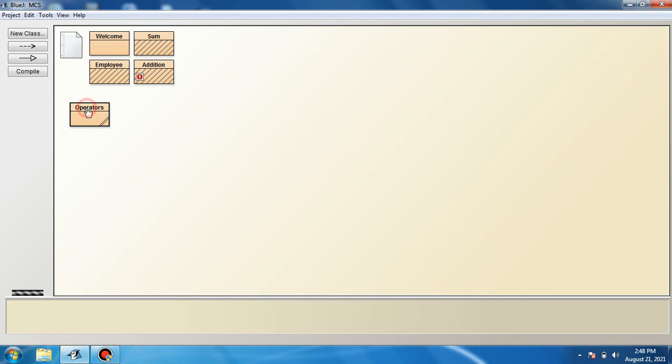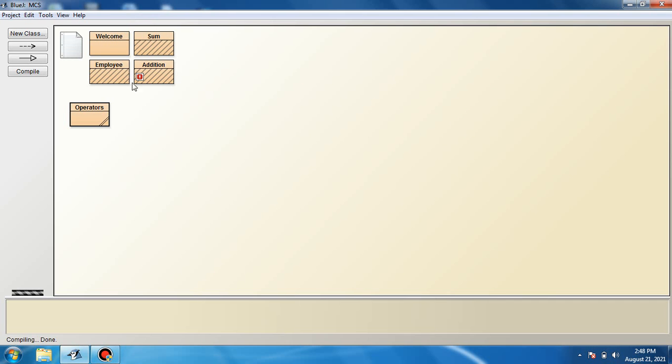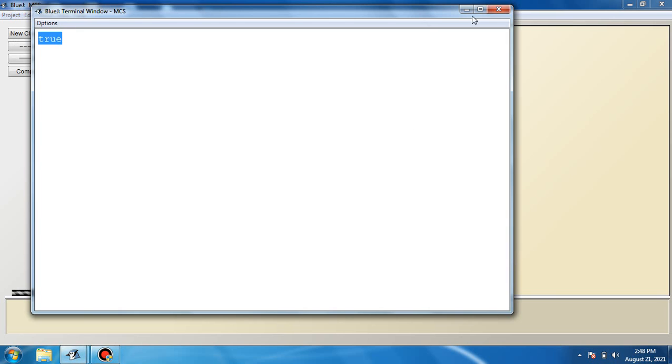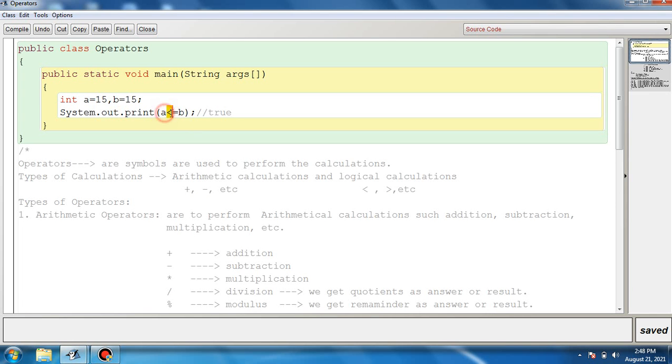If we make it 15 and 15, then 15 is not less than 15, but 15 is equal to 15, so again it results in true. Either one should be true.